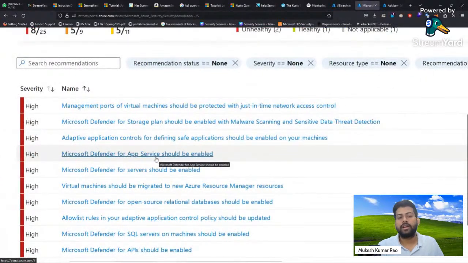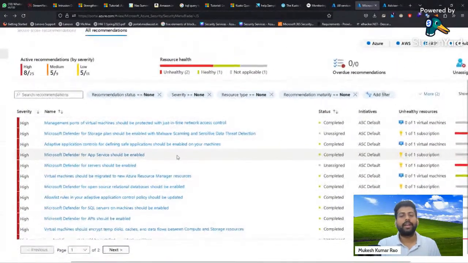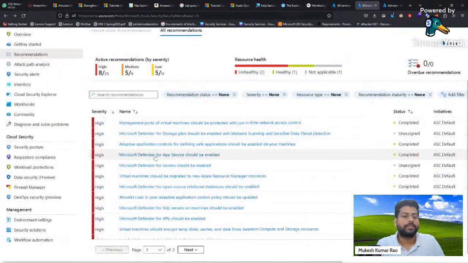In my account, let's suppose we are not using app services. App services means we are hosting some mobile app or web application. Even if you are not using that service, the advisory will still tell you to enable it for the app application. But that is not necessary, because maybe we are only using compute or container based services, and for those we have already enabled Defender to protect. So in that case, you can ignore it, or just mark it as complete. That kind of decision is taken after discussing in a team, before you implement it directly as a security expert or Azure security expert.